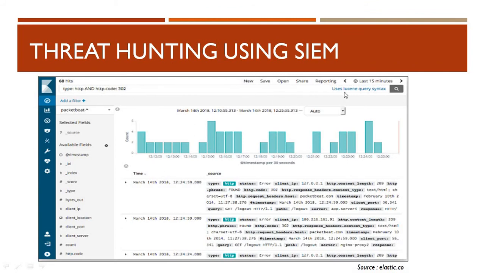So see here, it uses Kibana query syntax. That's where different SIEM vendors use different query syntax, and that's where your Sigma rules come into the picture. So remember the Sigma 2 project, wherein all those Sigma rules have been converted with respect to SIEM vendors. So where there is Elasticsearch also, you can just use those queries out here to look out for any kind of threats in your environment.